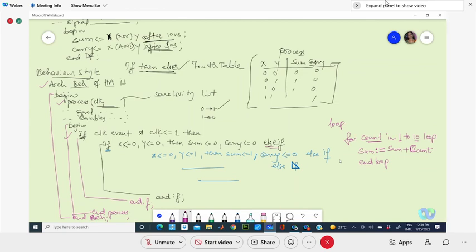So this is all what you need to learn regarding your VHDL programming. Here in your simulation, you have the elaboration phase and the initialization phase. Yesterday I gave the statements.